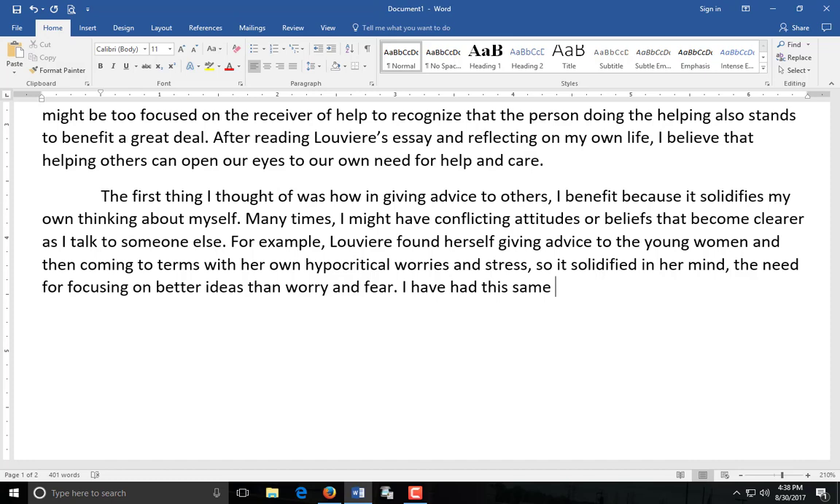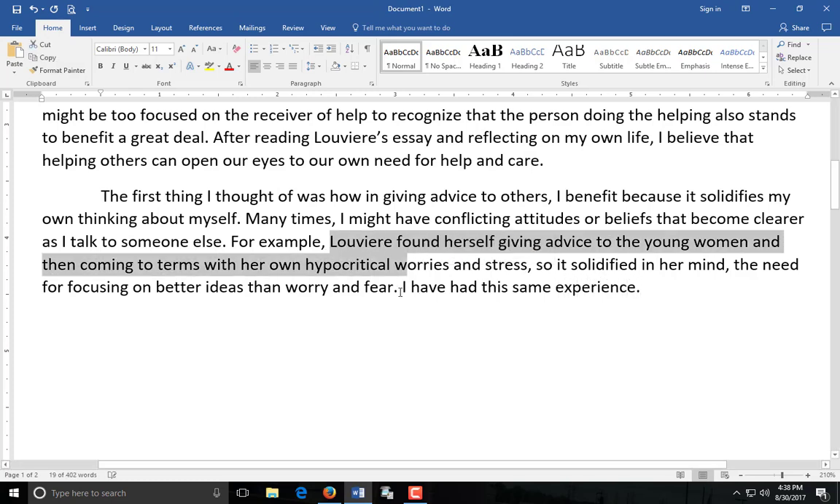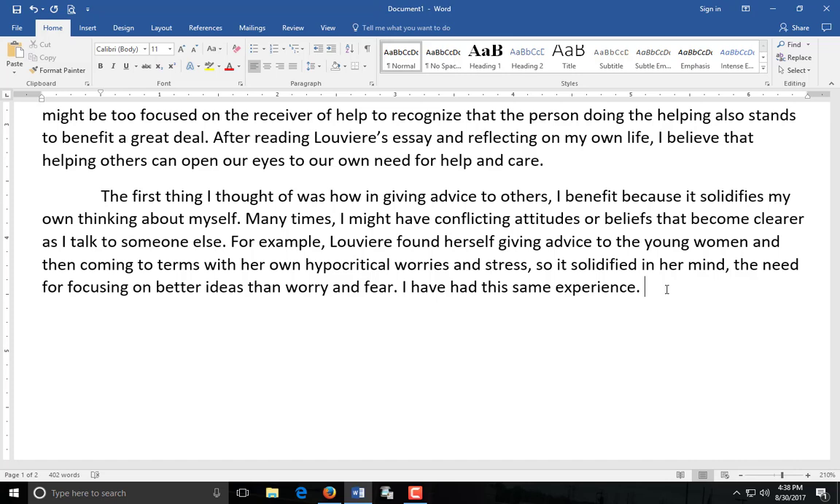I've had this same experience. So right here, give an example, and then you're connecting with that example. Or you can do it the other way too. You could share your example and then say how it's connected to the article, but you put them next to each other so that it's really clear. I've had the same experience. This is like a transition sentence, and now I'm going to